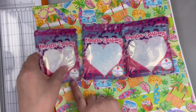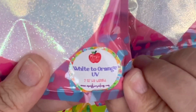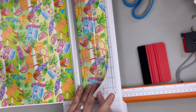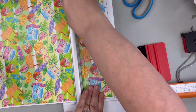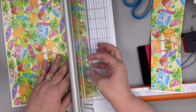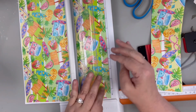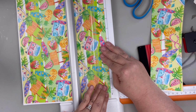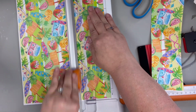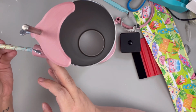And then I'm using these 3 UV color changing glitters. Now, hindsight, I probably would have only used the 2 because, as you'll see, the orange is very, very subtle, but the purple and the blue are beautiful. So, like I said, I'm going to cut these into 3-inch strips, and I'm going to place the first strip 1 inch down on the tumbler, and then underneath that one, another inch gap, and then the